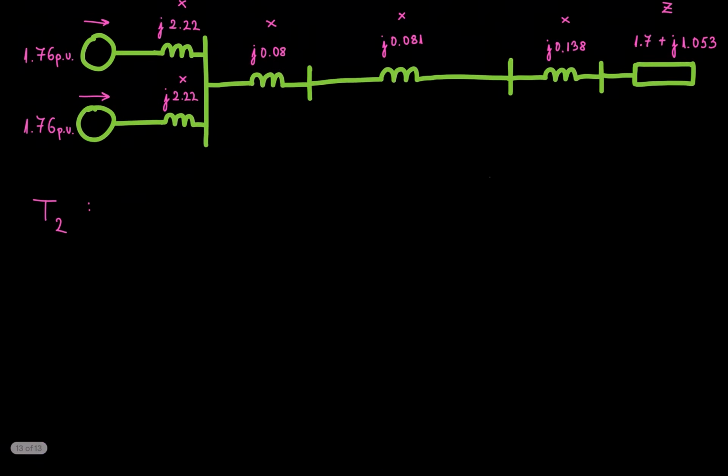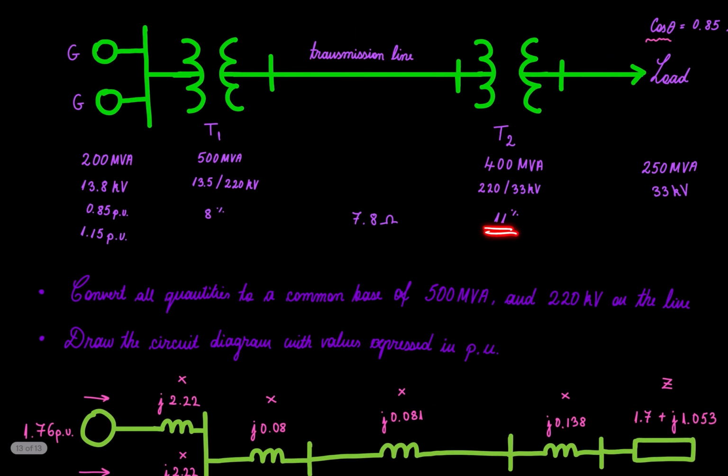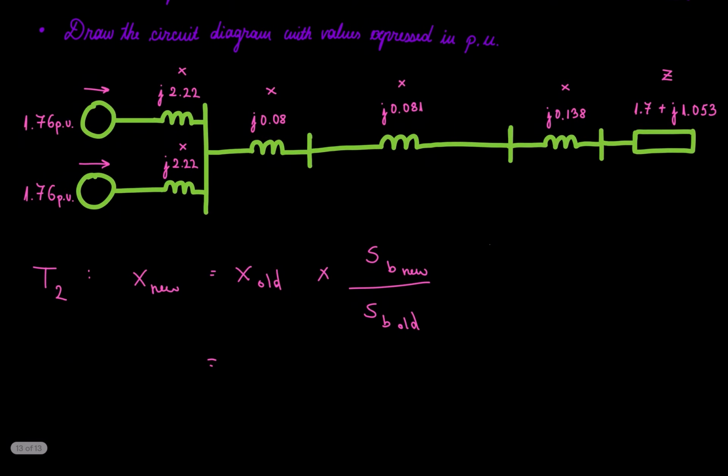We can do it as a ratio actually. So the new reactance is going to be the old reactance times the base new over the base old. So what is our old reactance? Old reactance here is 11%. So that's